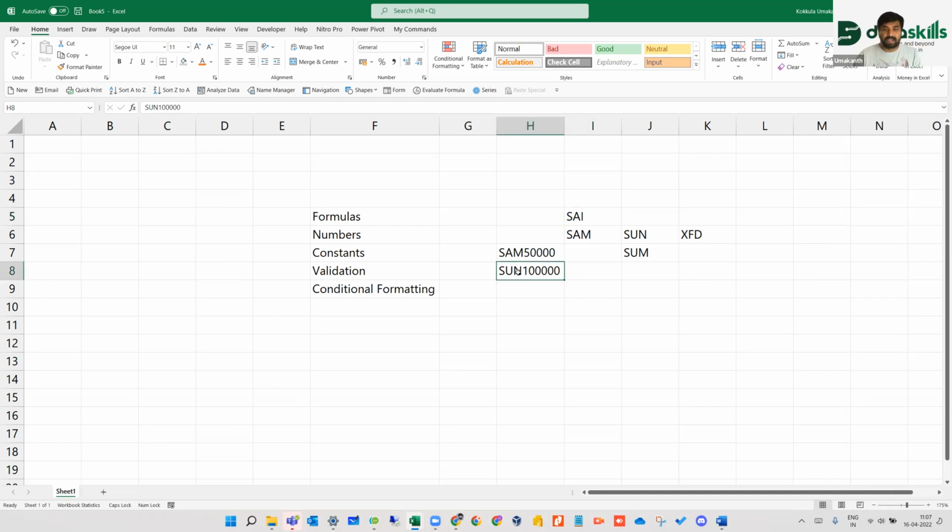Now I wanted to go to Sun 1 lakh. What is the second way of going there? I've already shown you the first way. Now within the home tab, on the home ribbon, do you see